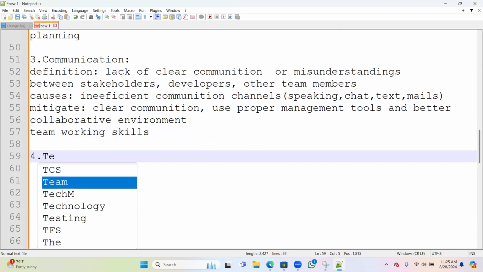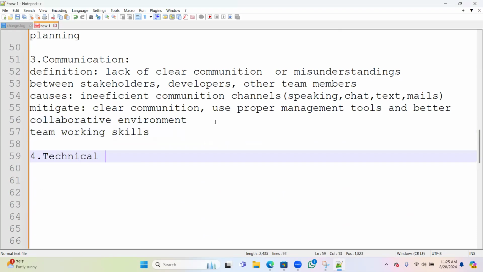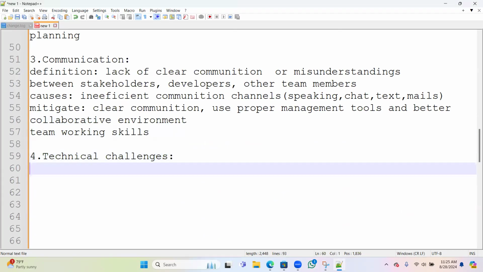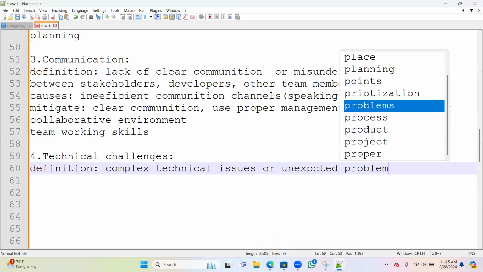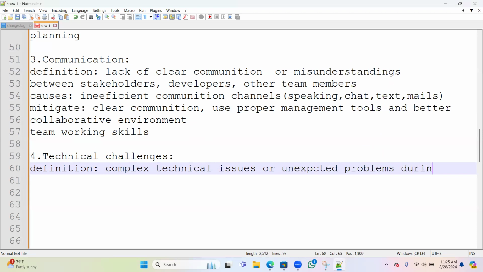And there might be technical challenges. What are the challenges? Technical challenges. Some complex technical issues, or unexpected problems during development.